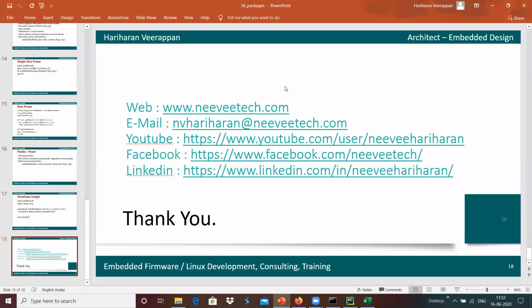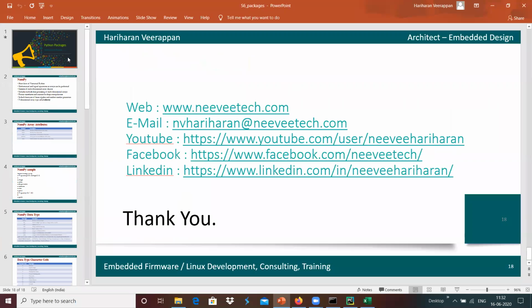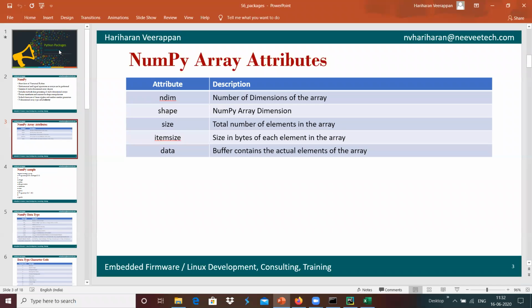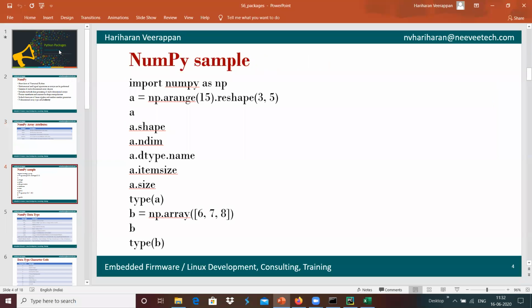I just wanted to do the recap once again. We have NumPy. NumPy is basically for mathematical and logical operations over multidimensional arrays, and it has different attributes: ndim, shape, size.